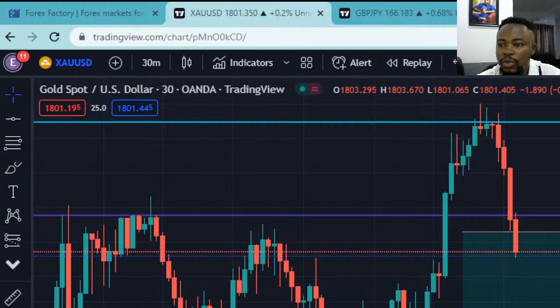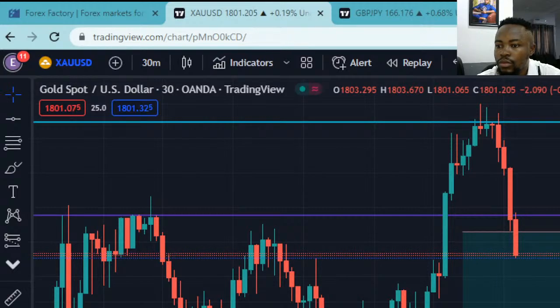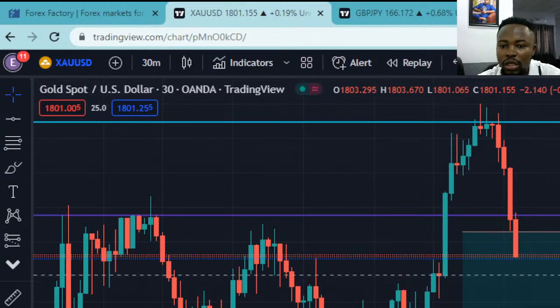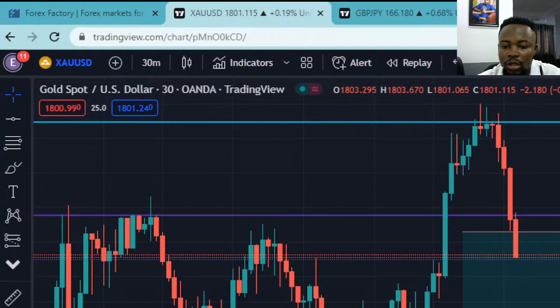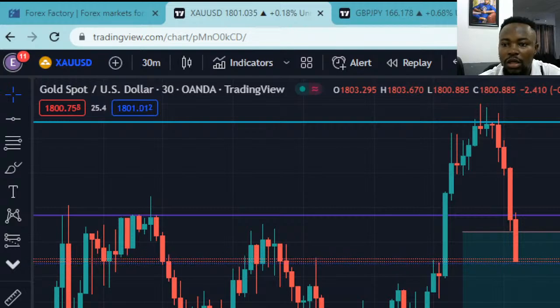We've secured 50% and we're running 50% on break even right now. So let's see how this runs. Let's see if we'll get our target here, 1800 here on gold. If you had any question about the trade, ask your question. If you had any confusion,